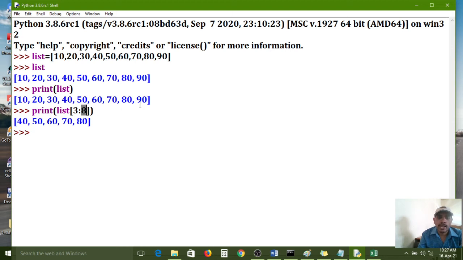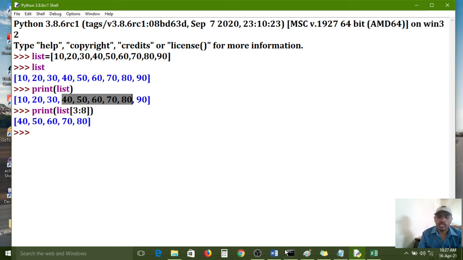That's why the last element is excluded. The starting element is 40 because we configured from 3 to 8. From here to here, but the last element is excluded, so this element is removed and the remaining 5 elements are printed here.